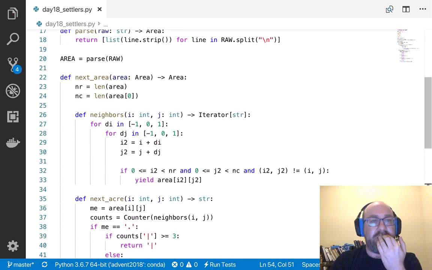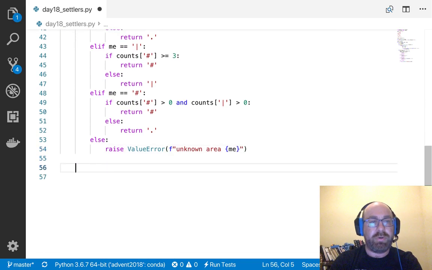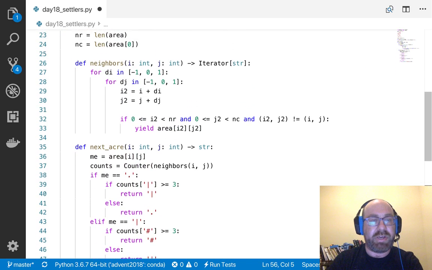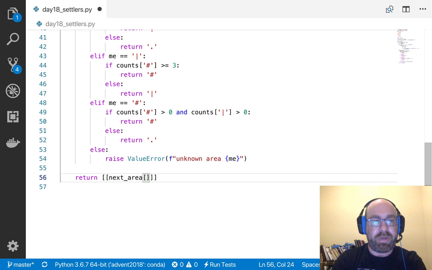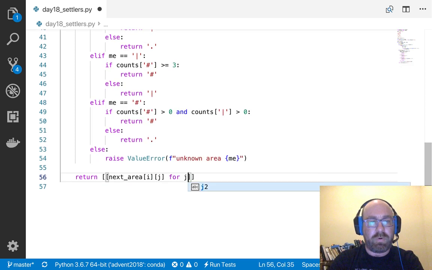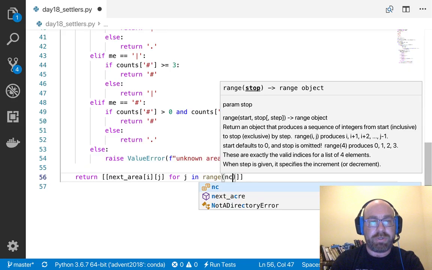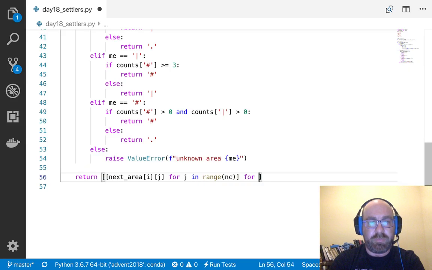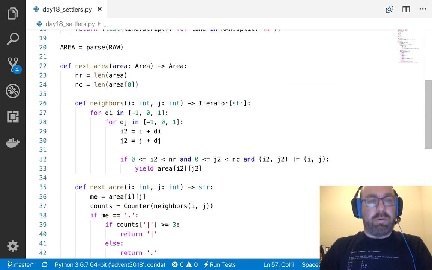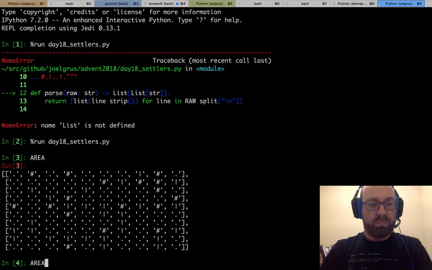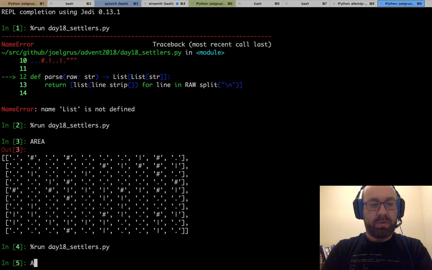Okay, so now all I need to do is say return next area ij for j in range num columns for i in range num rows. Okay, so let me run this.